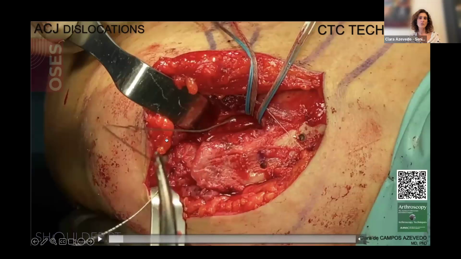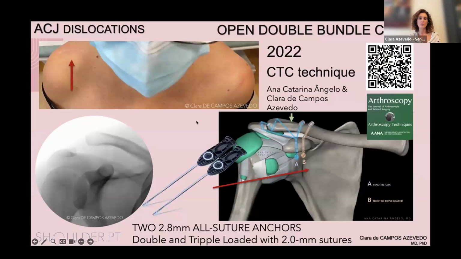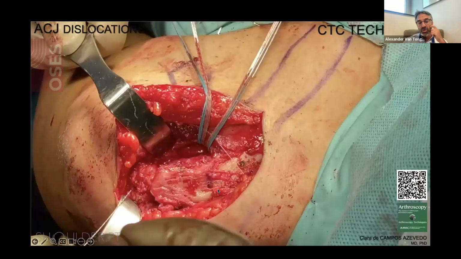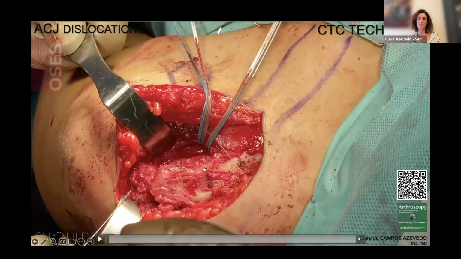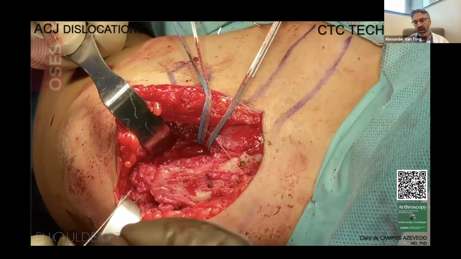We control this with fluoroscopy, so we know the direction that we need and the distance. We can see it in the fluoroscope, but usually it's 3.5 centimeters medial to the distal clavicle. Yeah, because the way I'm doing it, if I'm using only one suspension technique, so it's one drill hole, then I go 3.5 centimeters from the lateral clavicle.